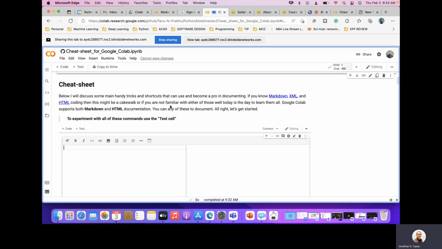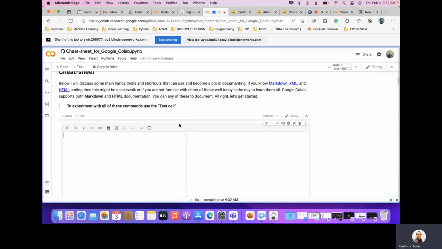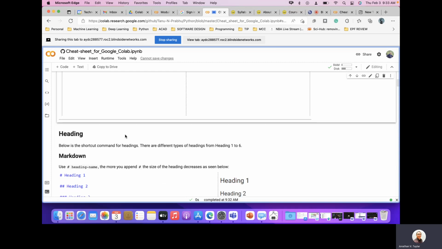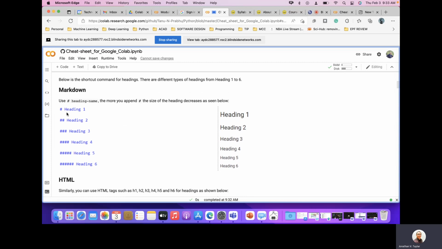But if you are not familiar, it's very easy to understand. Google Colab supports Markdown and HTML documentation. So if you want to experiment, for example, in the heading, it's very easy, right? If you want your output to look like this,